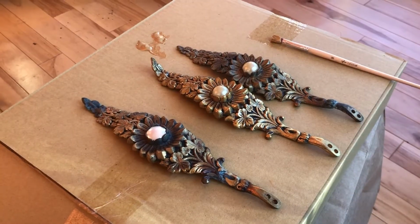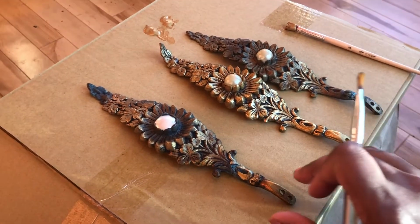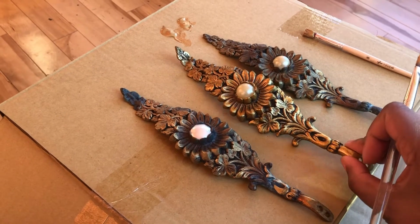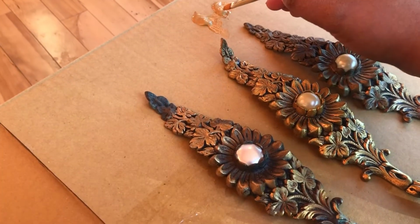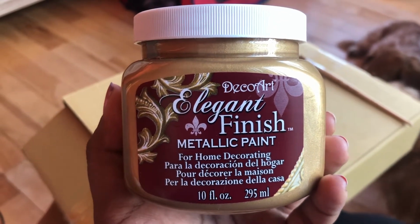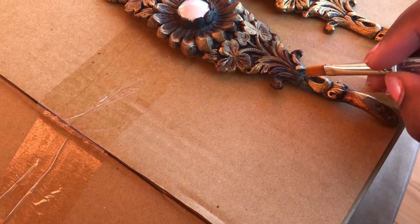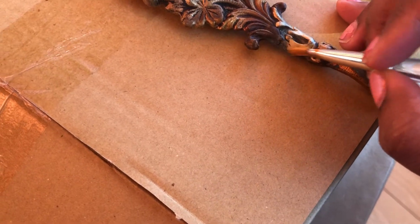These are the petals of the Sunburst Chandelier, and here I have a couple of them that are really tarnished, and here's an example of one that's not really tarnished. So what we're gonna do is go in with some gold gilded paint and sort of touch it up, not trying to cover everything so that it still has some dimension to it, but just kind of going in and